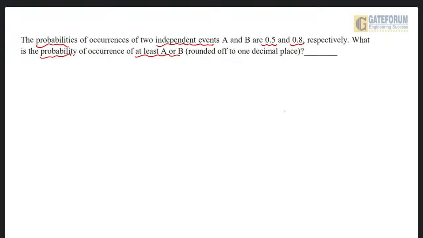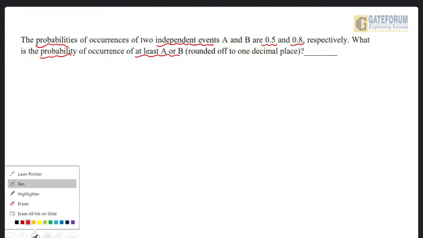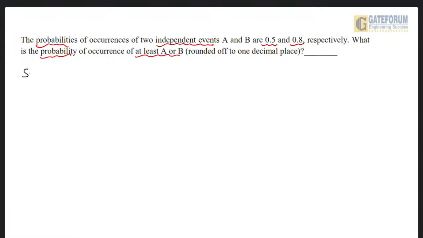This is from engineering mathematics, the topic probability and statistics, subtopic independent events. The solution is: first of all, A and B are given independent,